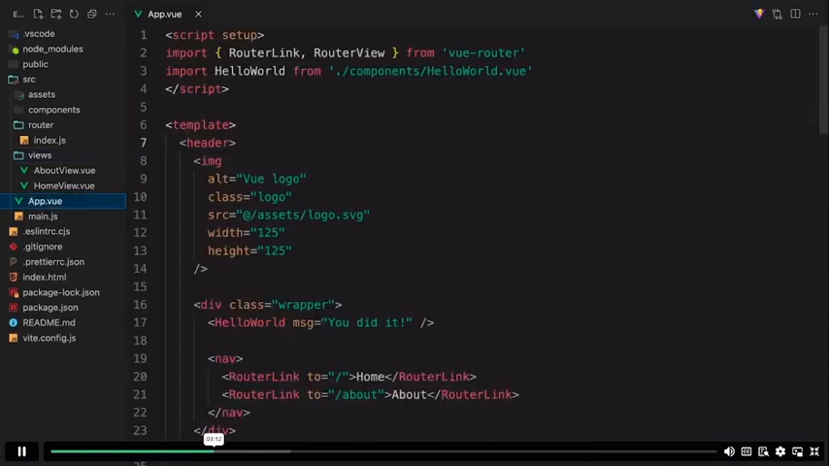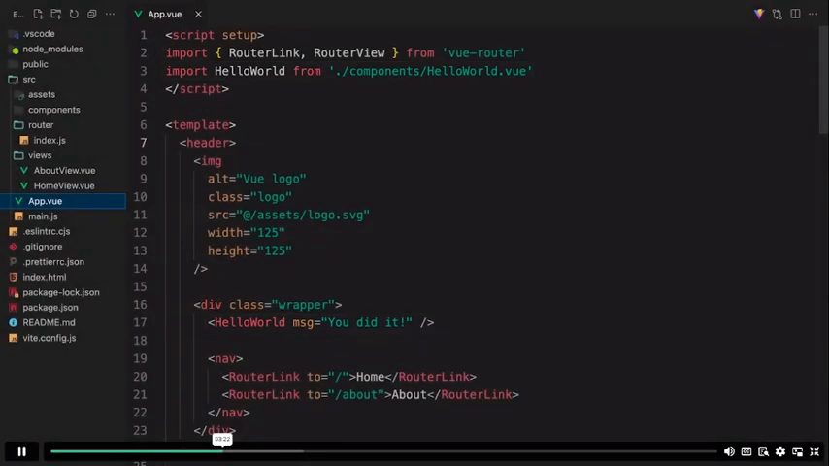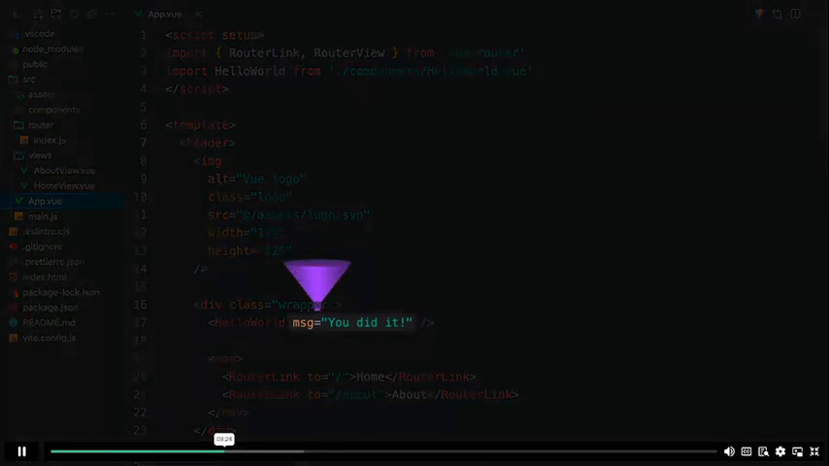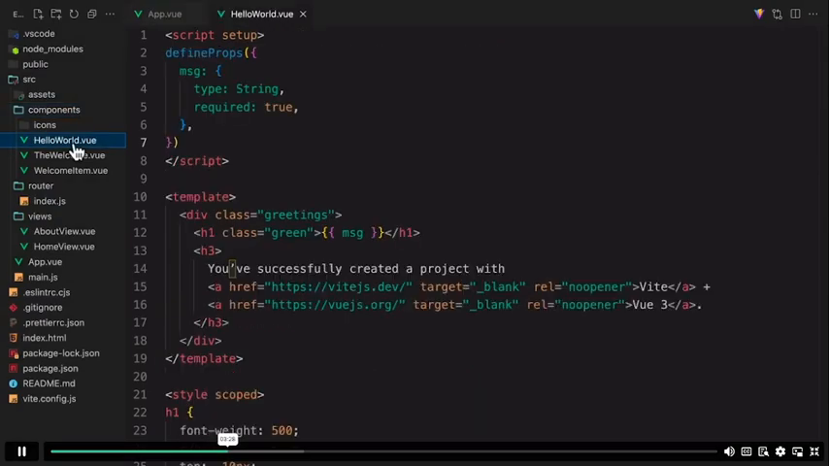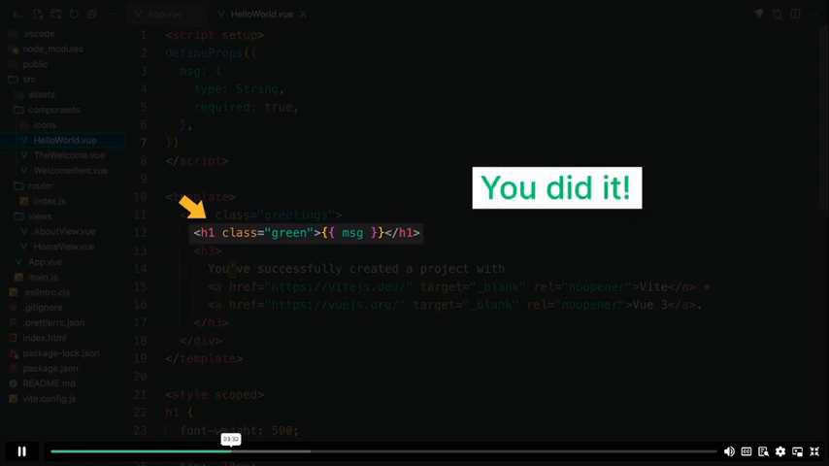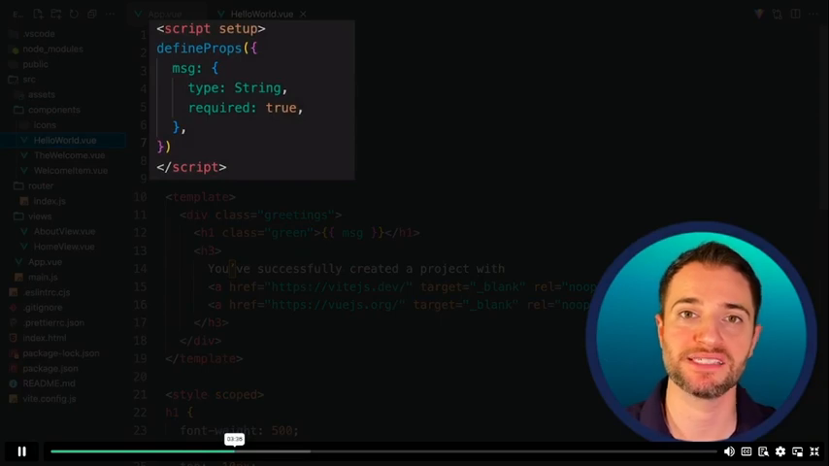Remember, just a bit earlier, I brought your attention to that "you did it" text. As we can see in the app.vue file, there's this hello world component imported here and nested within it. And there we can see the message "you did it" fed in as a prop. If we take a look inside the hello world component, we'll see that this h1 is displaying that message prop. So now we're seeing how a parent component can pass its child component some data that it can then display